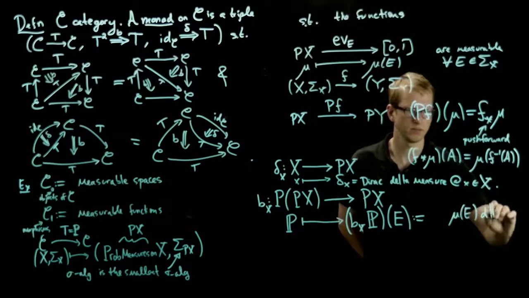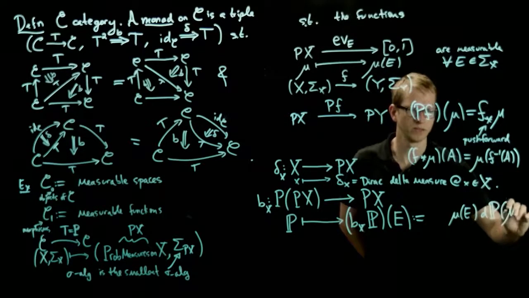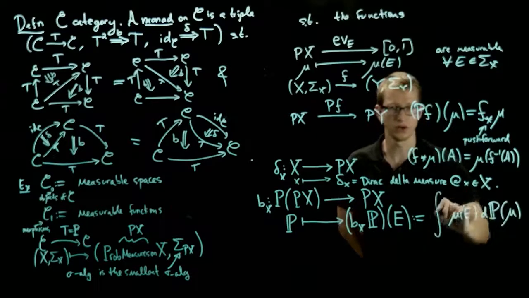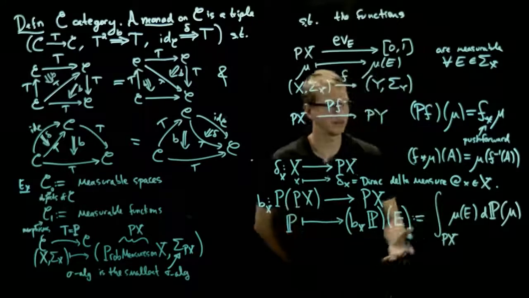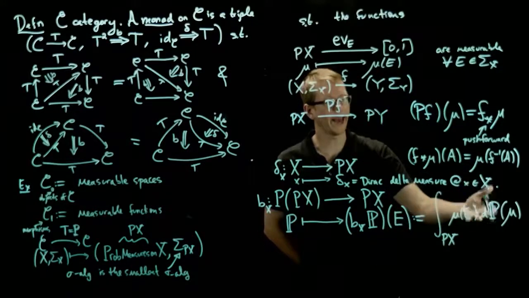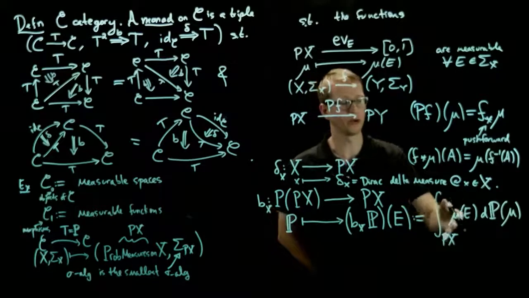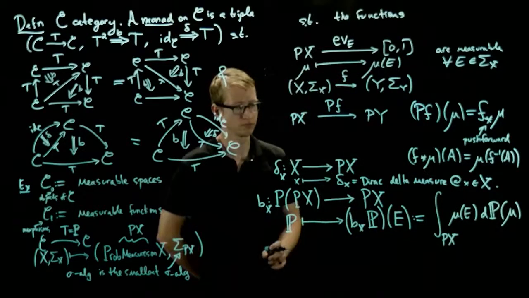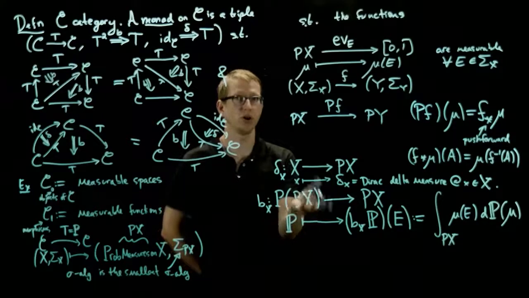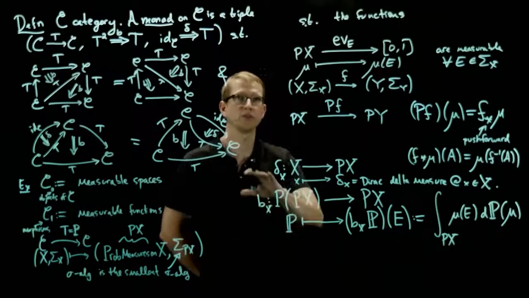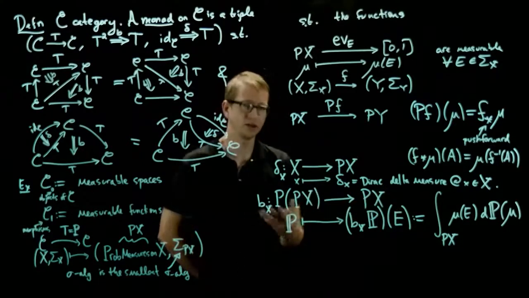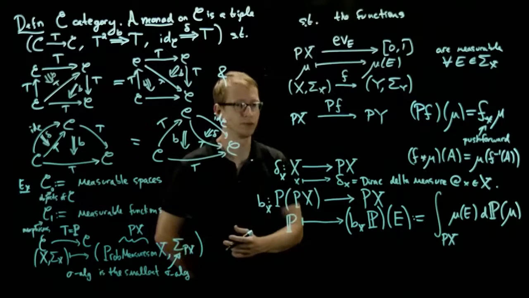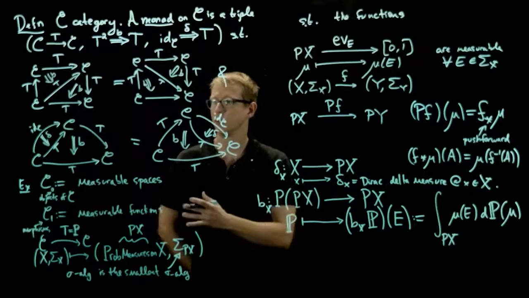So this is dP evaluated at mu, and then we integrate over the space of all probability measures on x. So this gives us a sort of weighted average of the probability measures on our original space x. So it takes a probability measure on the space of probability measures, averages it out to construct a new probability measure on x. And it turns out that this is also a natural transformation,